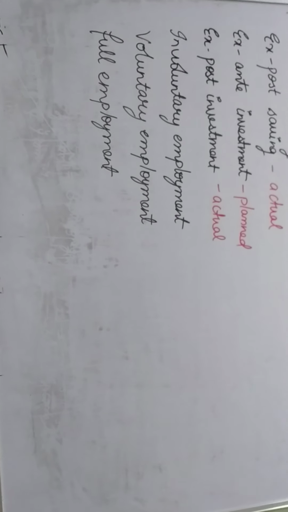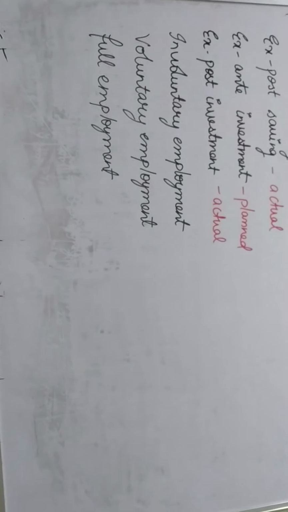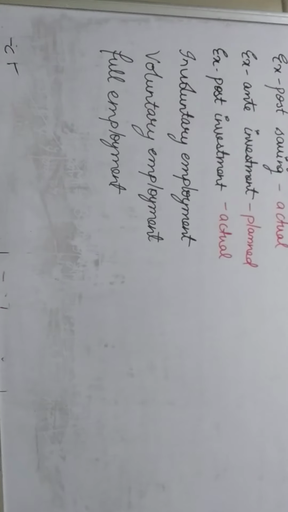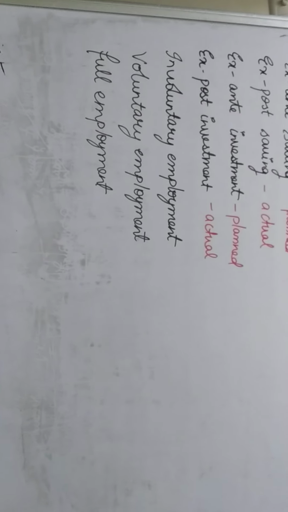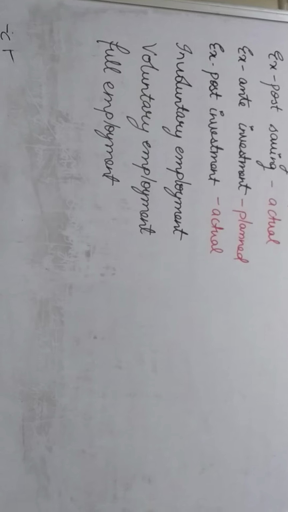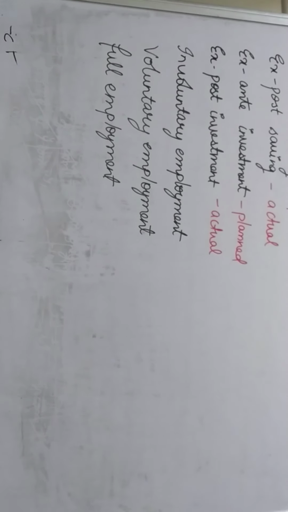Second one is voluntary unemployment. This is the situation when people are able to do the work, and suitable work is available for them, but such people are included in the labor force. That means intentionally they don't want to do it, just like people who are preparing for IAS or for some other competitive exam. That means work is available for them, they are even ready also, but still they are not doing the work.